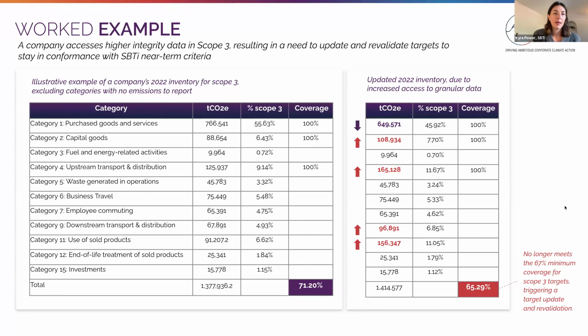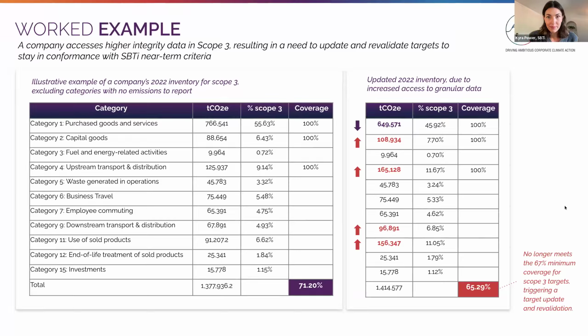So quickly, let's look through just an example of a company. So let's say that a company begins to apply more supplier-specific data in scope 3. So as you can see, I know this is a lot of words on one slide, but if you're looking across, you have the original inventory and then the reflected changes in the inventory. So category 1 maybe have decreased. However, several other categories increased as a result of this new,